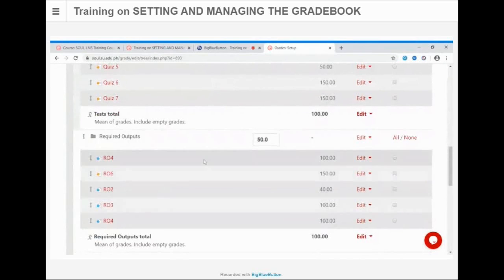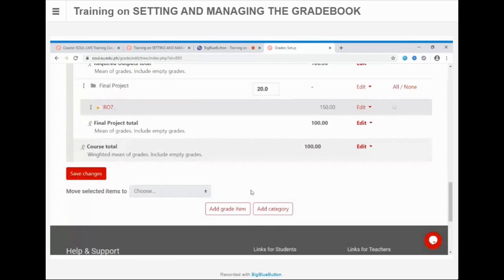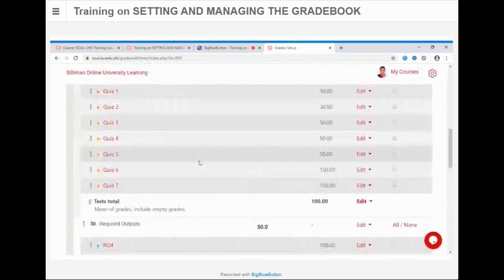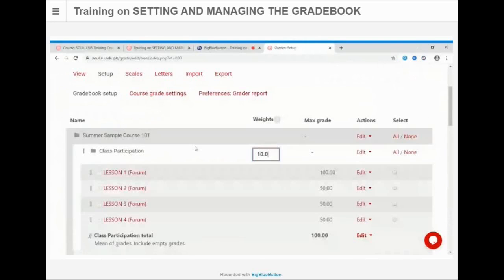So these are the activities, required outputs we have here, and then the final project, we have 20%. And here, if we take a look, we cannot see the BigBlueButton activity. So my suggestion is that if you want to have the video conference with the attendance as being part of your class participation,